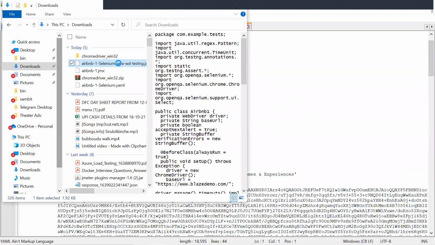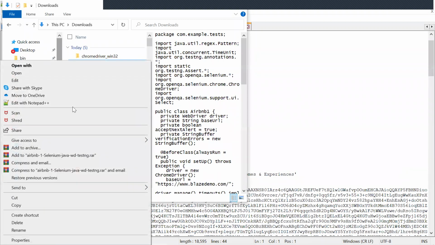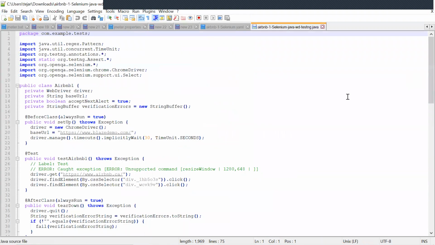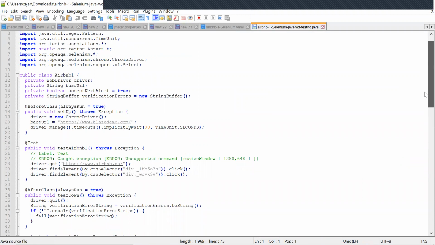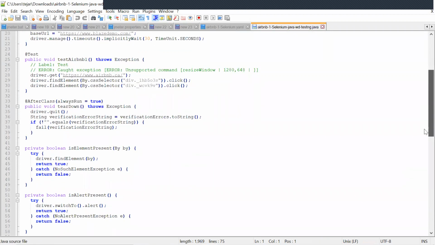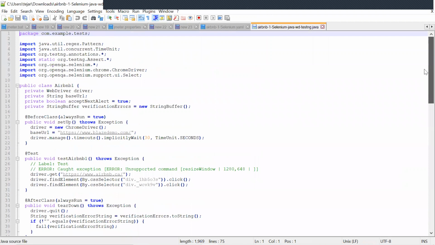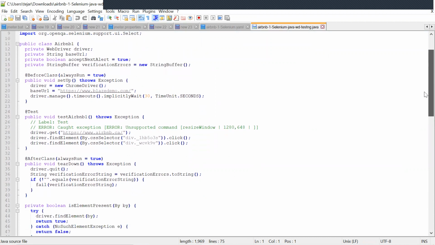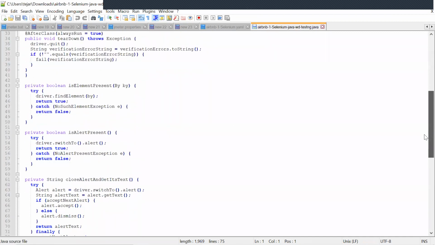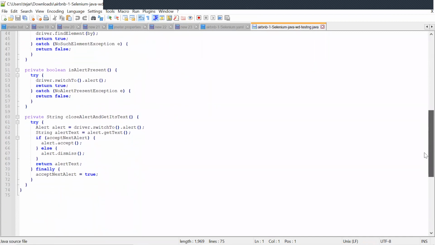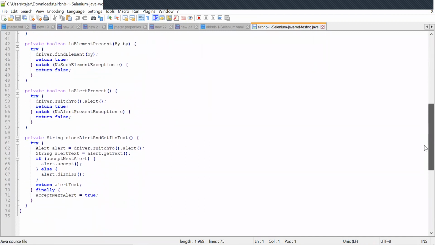Maybe we may get something. Okay, this is also code only. Yeah, this is nice. They converted the Java code. But again, this is also Selenium code written in Java.